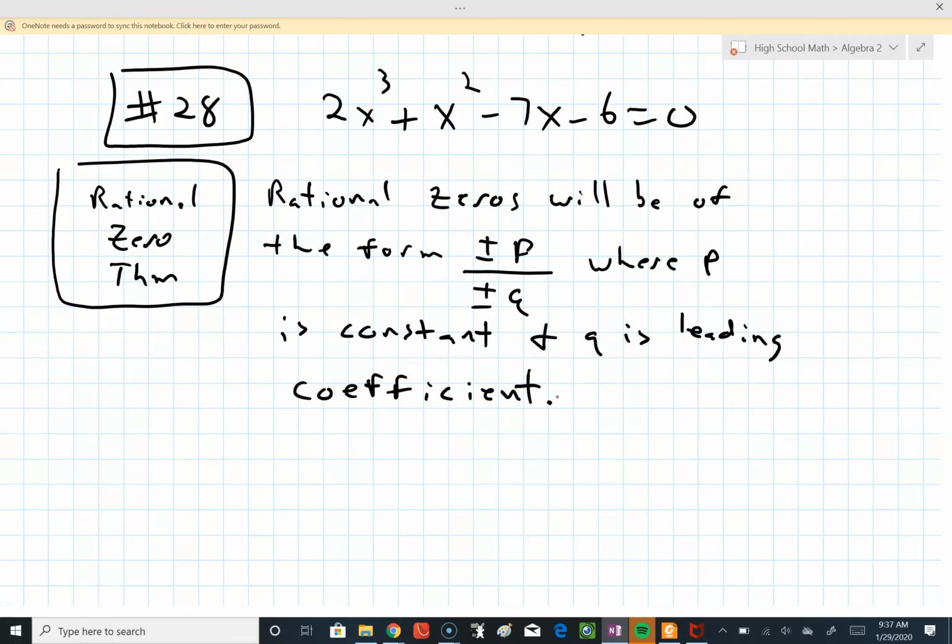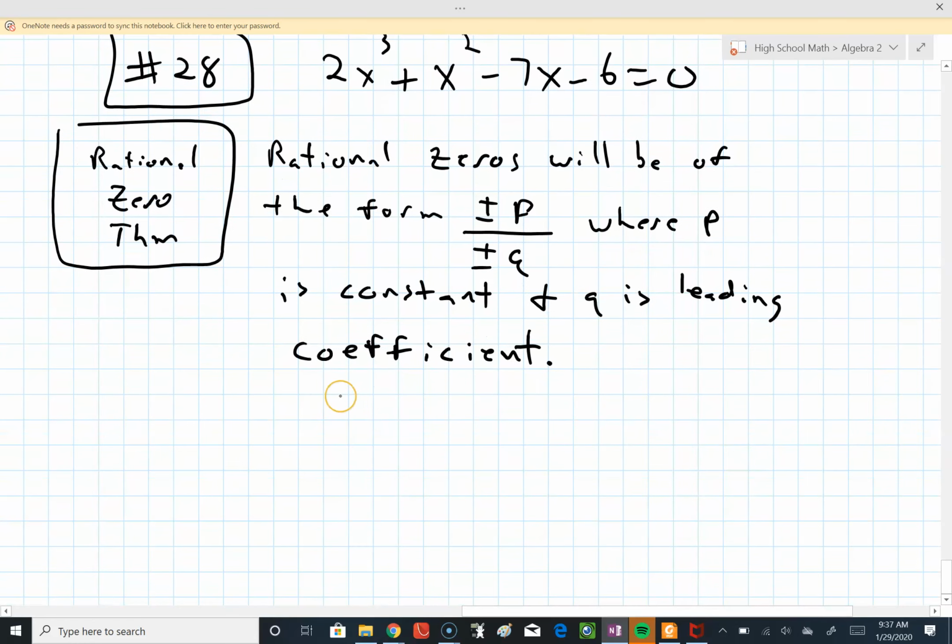The number without a variable. Great. In this particular case? All right. Does everybody understand what P and Q are? Okay, so we're going to make a list, and this is not wonderful notation, but I'm going to say it